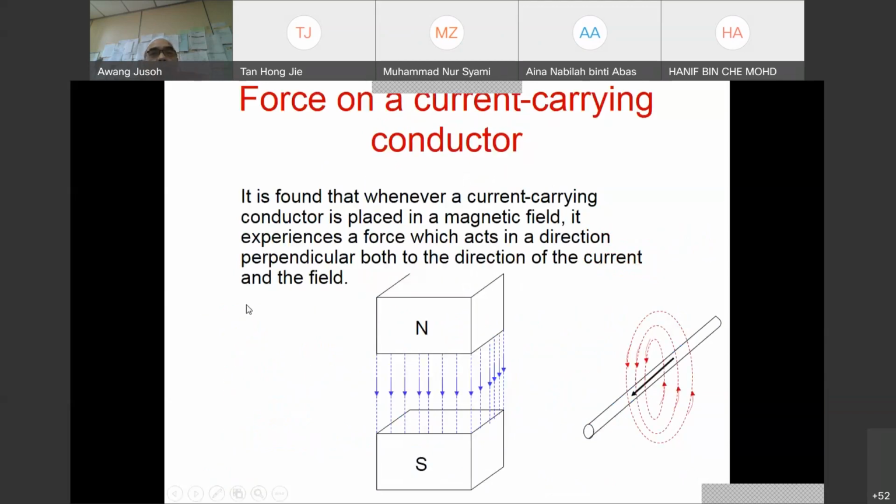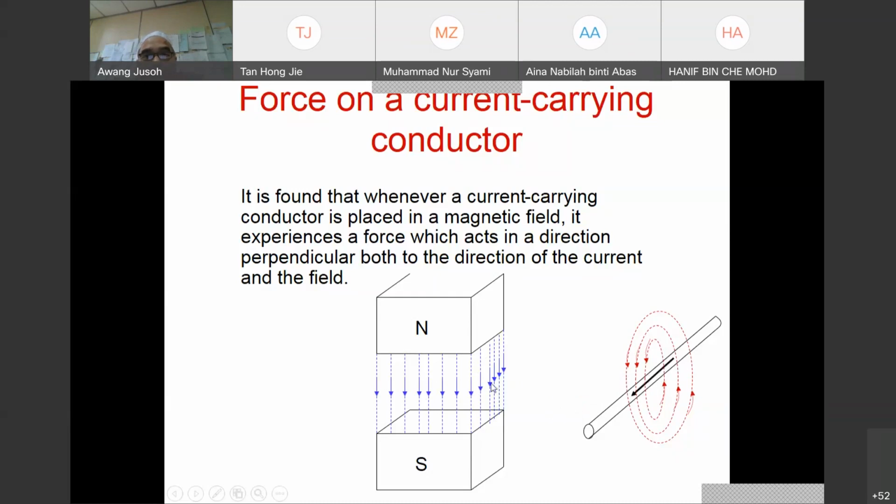Okay, now we go further. We know from the previous lecture that when we place a conductor carrying current into this magnetic flux, it experiences force. These are the basic concepts of the motor. When you study motors, basically the current flows through the conductor, then it is exposed to this flux, then it experiences force. Force means it starts to rotate. In a motor, this starts to rotate. The rotation is due to the interaction between the flux lines and the current here.